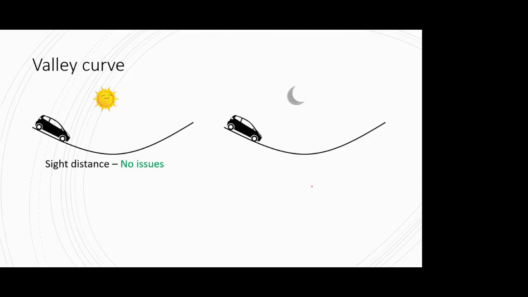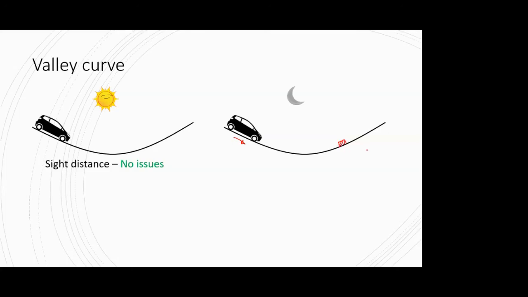But otherwise, if you see a rural highway where on both sides there is no habitation of any kind, there is no need of lighting because that will unnecessarily create a burden on the economy. And at night every vehicle has its own headlight, so street lighting is not preferred over there. So if it's night time and you are traversing such a valley curve, and there is an object in front of you, suppose here, then until and unless your headlights reach this object, you will not be able to see that object.